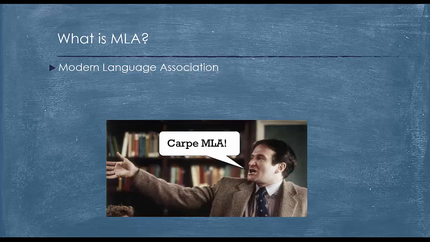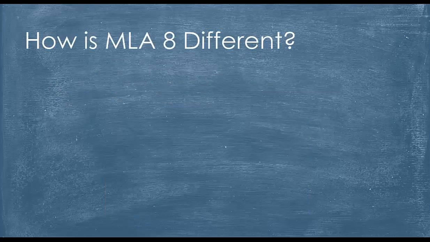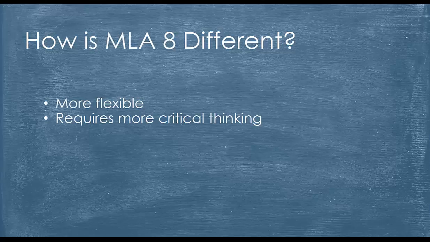In order to succeed in college, you will need to learn at least one formatting style. These styles will help you create well-organized papers that are easier for your reader to understand, who will usually be your teacher who will be grading your paper, and help you avoid plagiarism. So, how is MLA 8 different from previous versions of MLA? The new version of MLA is more flexible, but it also requires more critical thinking about the source you are